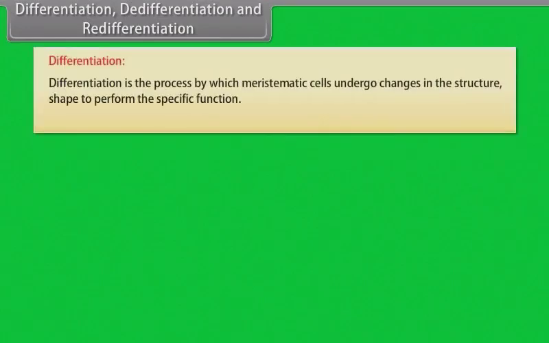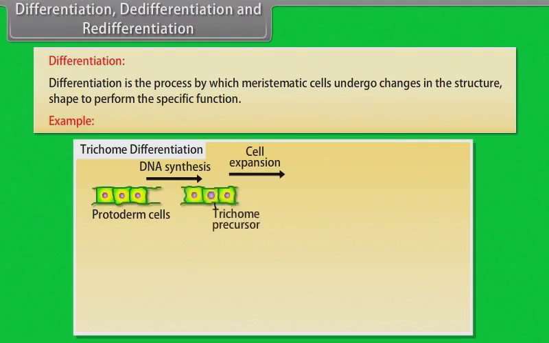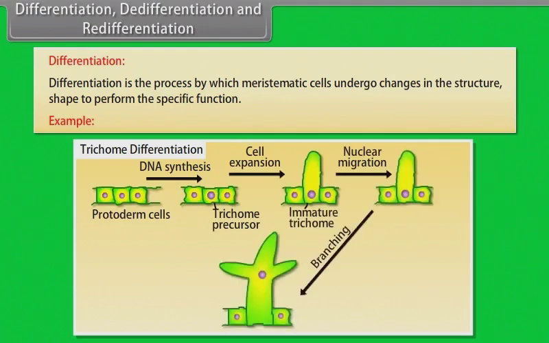Differentiation, dedifferentiation, and redifferentiation. Differentiation is the process by which meristematic cells undergo changes in structure and shape to perform specific functions. For example, after the DNA synthesis of the protoderm cells, cell expansion takes place and it forms